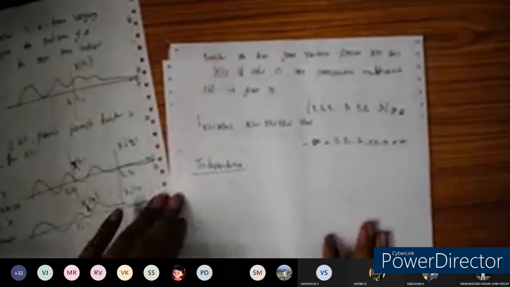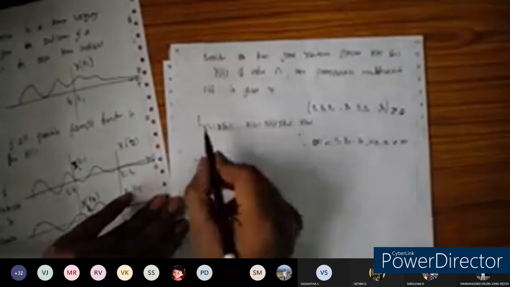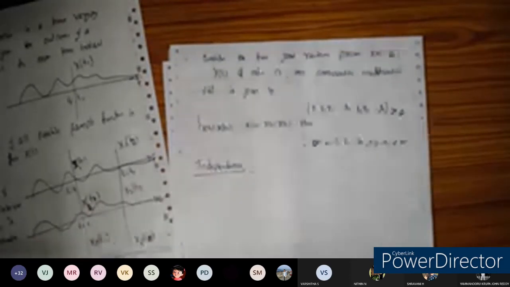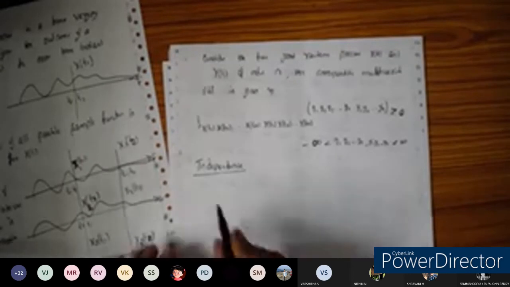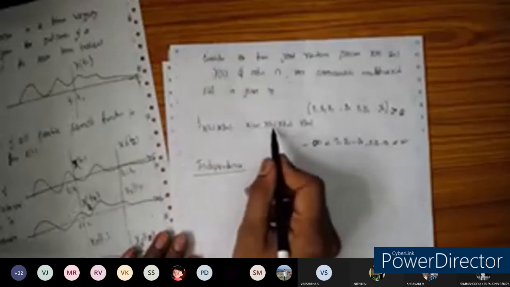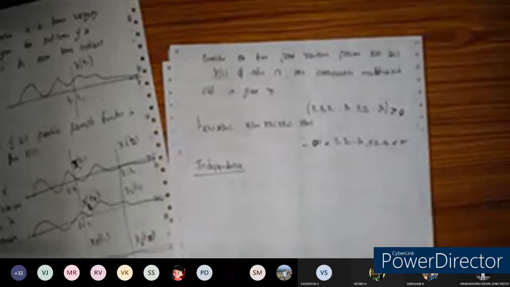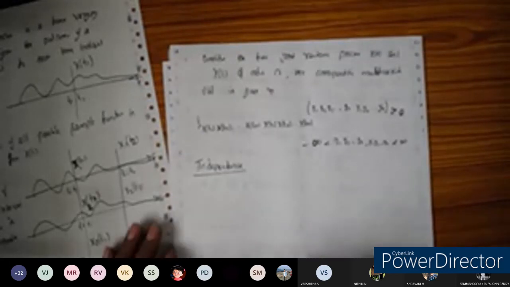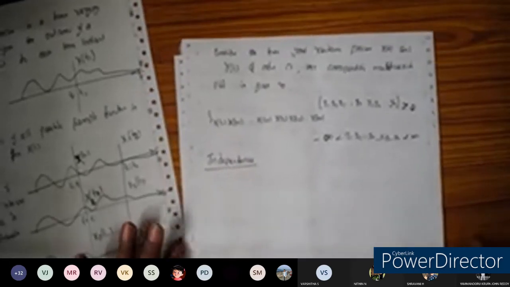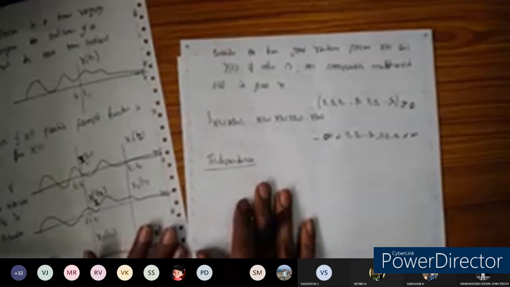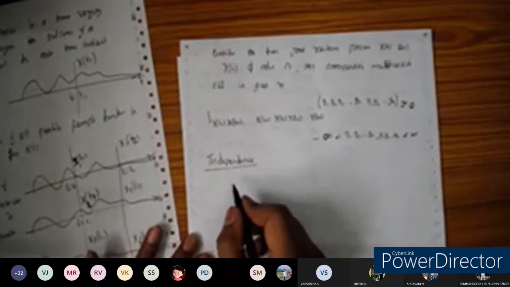Okay. So what you are going to see is, suppose the random processes x of t1 and x of t2 are statistically independent, then we can write this as a product of the individual PDFs. That one you're going to call independence. So let us take one sentence, I'm going to give the mathematical expression. Already you know this concept, we have seen it many times in the previous module.